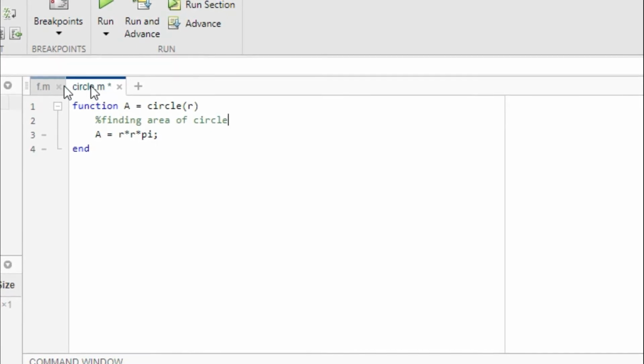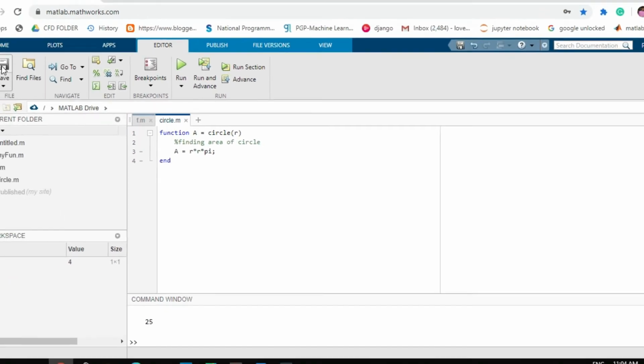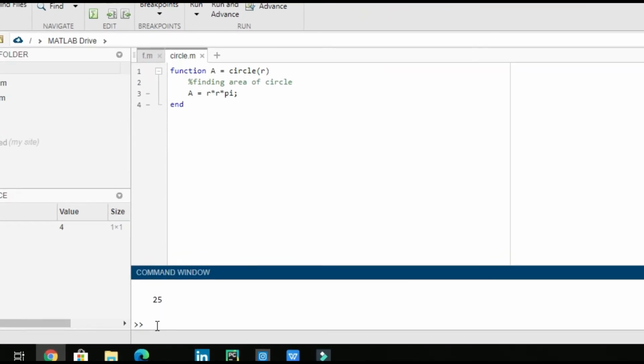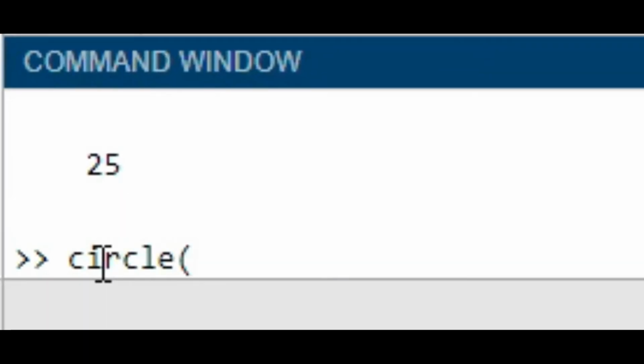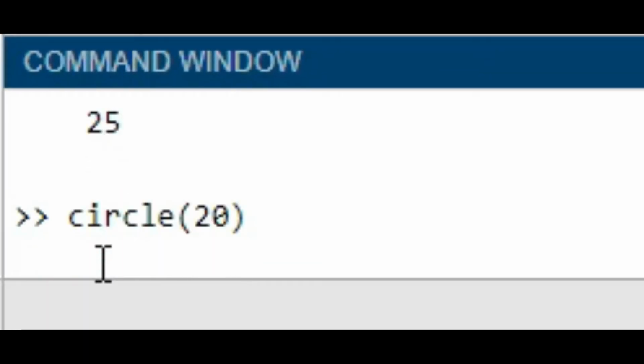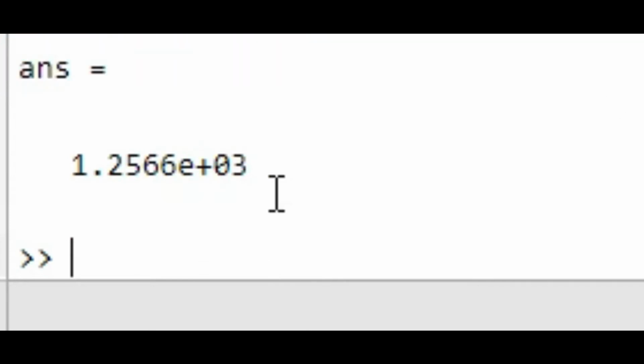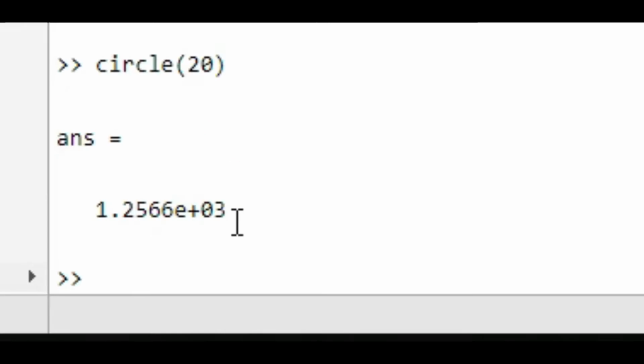Here this is showing a star, so let's save this. Now I want to find the area of a circle with a radius of 20. So this gives 1.25 into 10 to the power 3. Like that you are able to find the area of a circle.